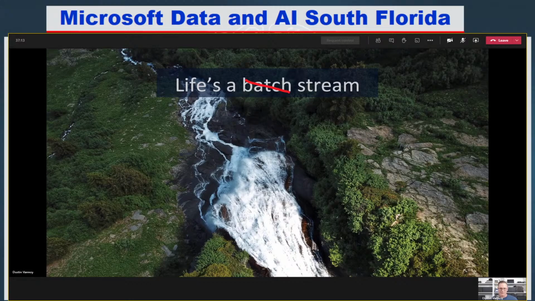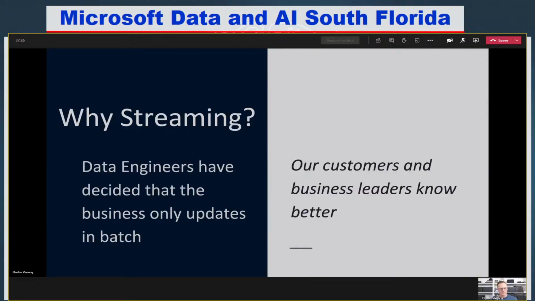At the same time, even internal business decisions can be changed a lot quicker than they used to. Having one big nightly load drive all our business decisions for the day is just not meeting the use cases all the time. So we data engineers, maybe you're not in this boat with me, but those of us that have been telling our business organizations for years, you don't need streaming, you don't need real time, you can just do this in batch because it's a lot easier for me to build it that way, that's starting to change.